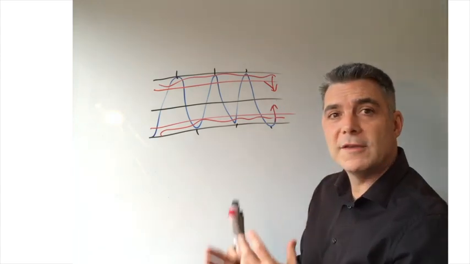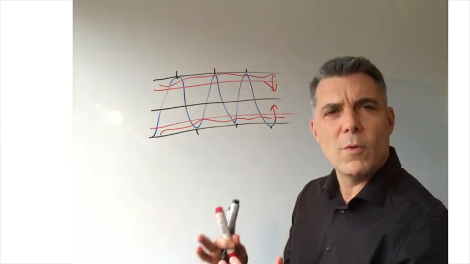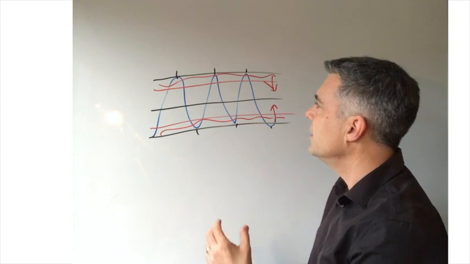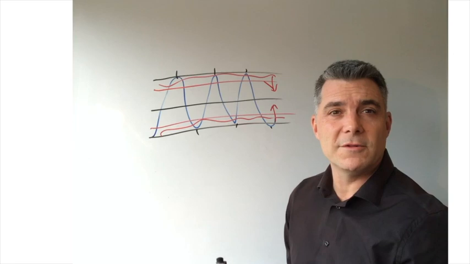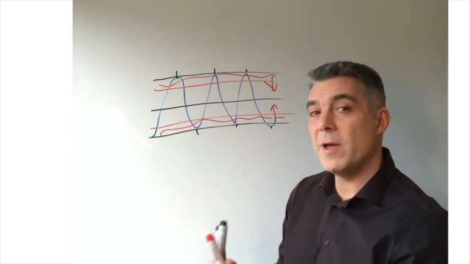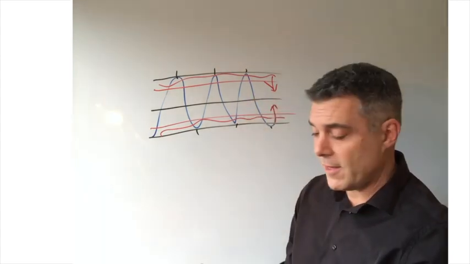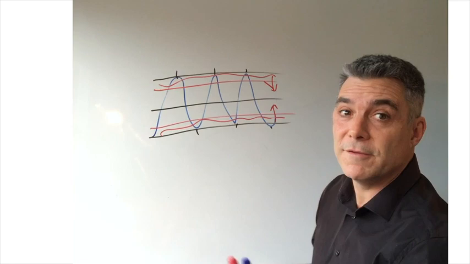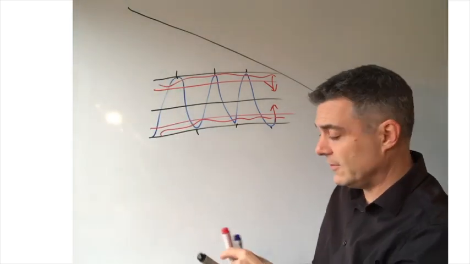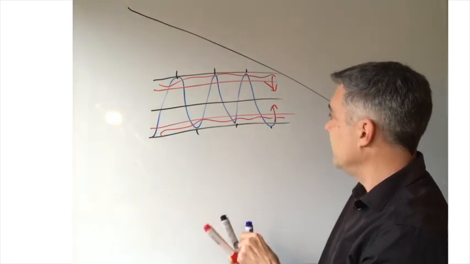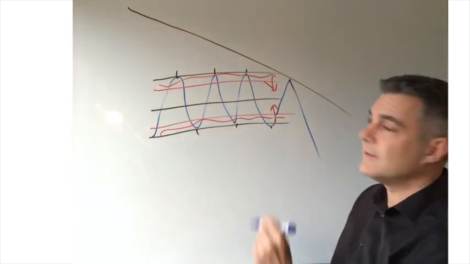I hope this is starting to give you an overview of the type of things that you need to be thinking, but the key is to always determine where the bigger picture is. If you're looking at 1 minute or 5 minute candlesticks, or even 15 minute or 30 minute candlesticks, then you're trading within the bigger picture. And you may have a level range like that, but if the overall dynamic of the market on the bigger time frames is that the market's going down, then the chances are that when prices eventually meet this line, they're going to go down, because that is